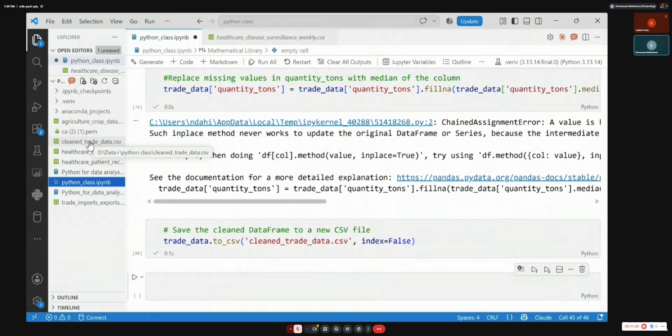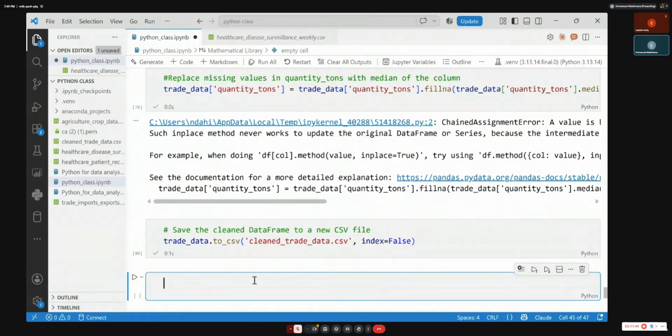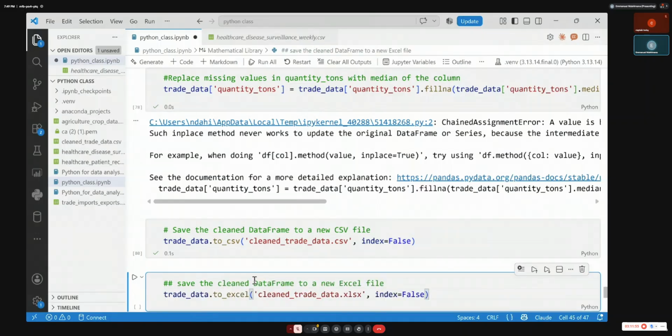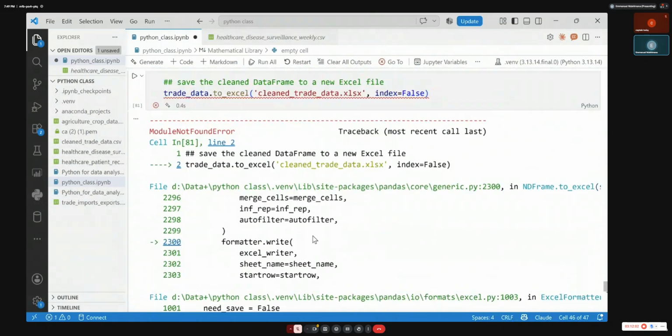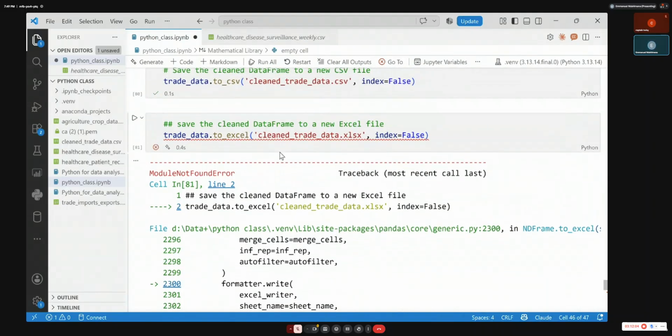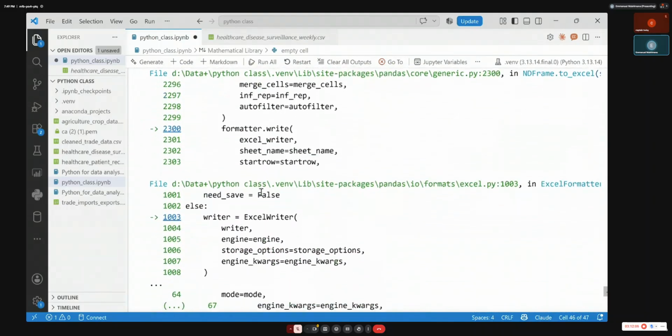Can I save as Excel? Yes, you can save it as Excel. You have it as CSV, but you can also save it as Excel. Save the cleaned data as Excel file. There you go. Now the file is going to be created. It's just a simple function. Maybe we need to import one library.